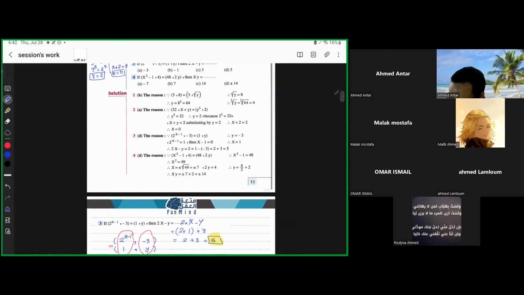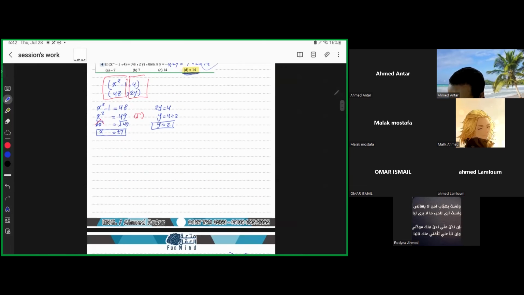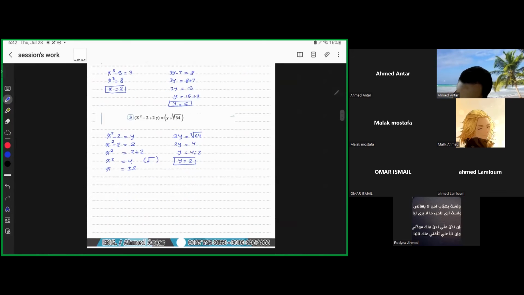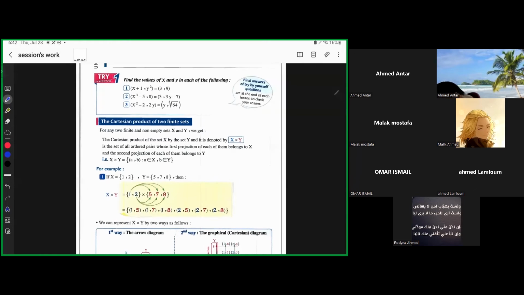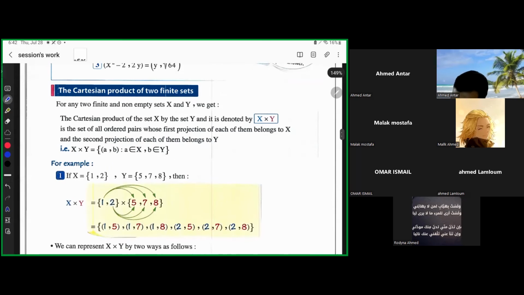So we solved this question, which is right. Now let us talk about the Cartesian product of two finite sets. So if we have a set like that, this set is called 1 and 2. And this set contains some elements: 5, 7, and 8. So if you want to multiply these two sets together,